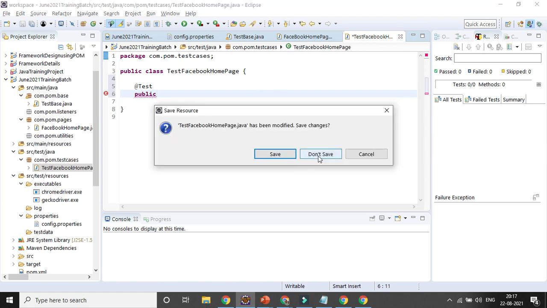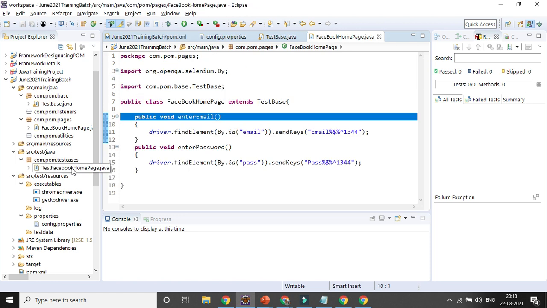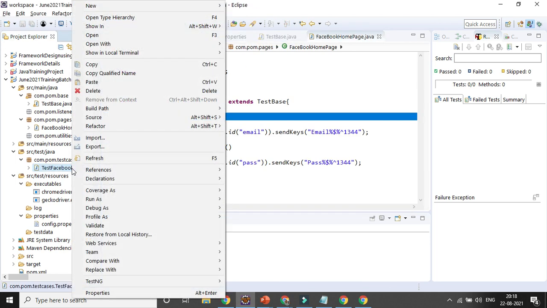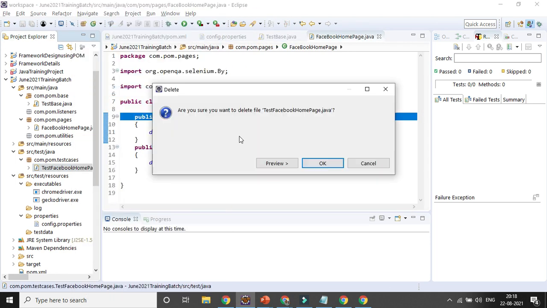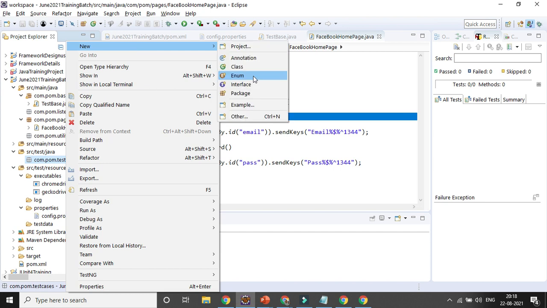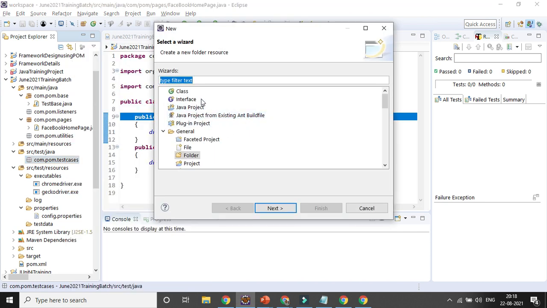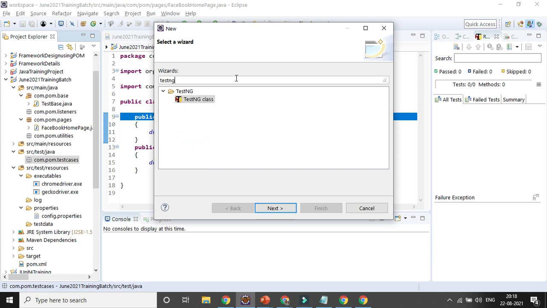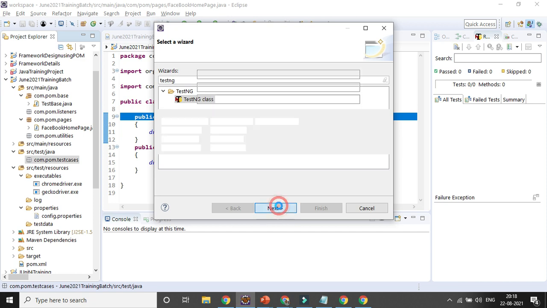Let's not save it, let's remove it. So here instead of Java class I can directly create a testng class. New class, other, testng class.